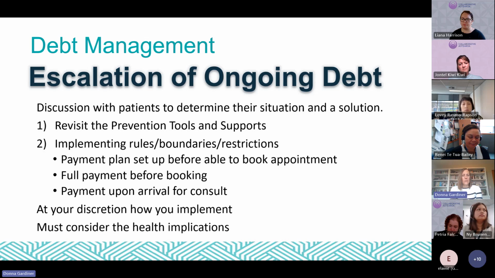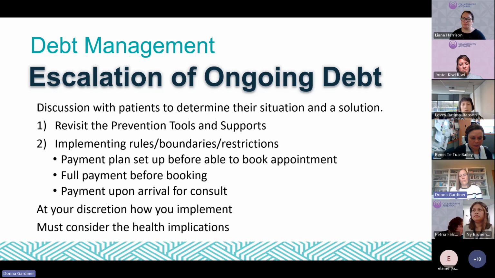So we included some ideas in there that we picked up. The first one's around having a payment plan before the patient's able to book their next appointment. So it's not asking them to pay off their debt, but it is stopping them adding to the account. The next one's similar. So they're asking for full payment before they book the appointment, so they're not going to continue adding to the debt. And then the third one is around those patients who leave before they've paid, and so they're continuing to add to that account. So they ask them to pay when they arrive at the front desk.